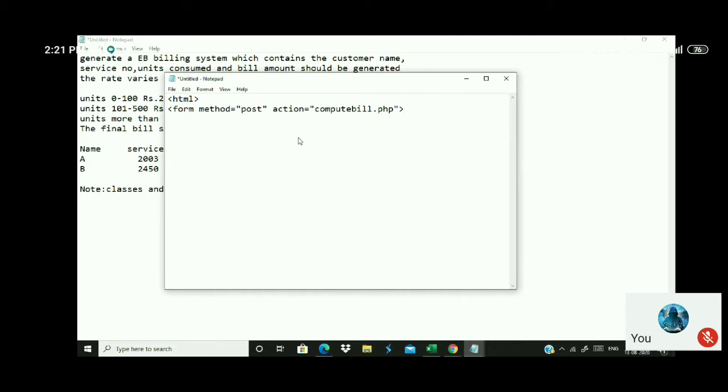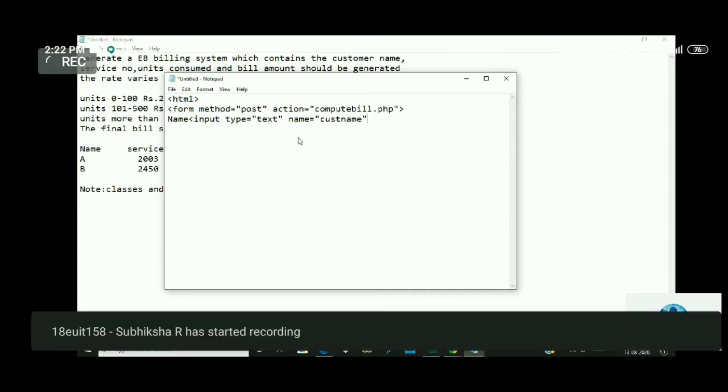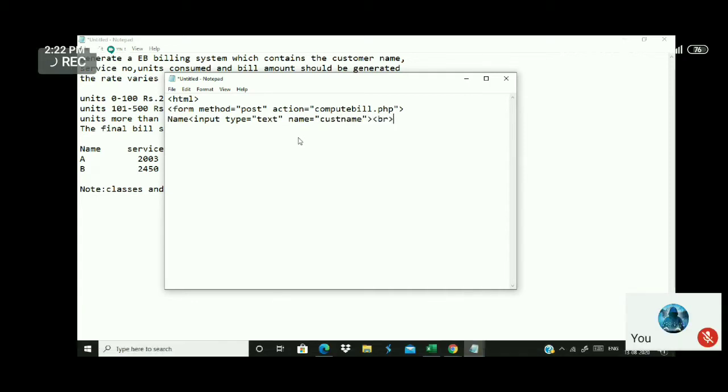So the first parameter is the name. I give an input with type equal to text, and name equal to customer name. I use a BR tag. So the first parameter I have to give is the customer name, the name which I have to get as an input.